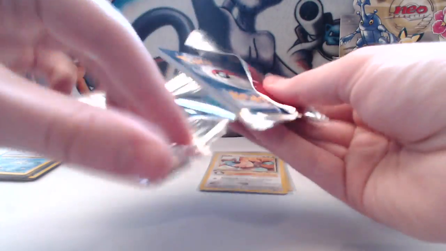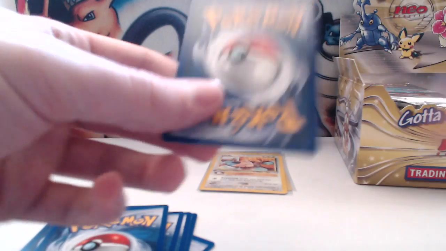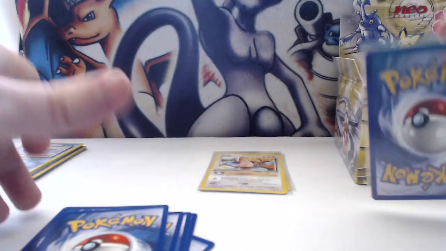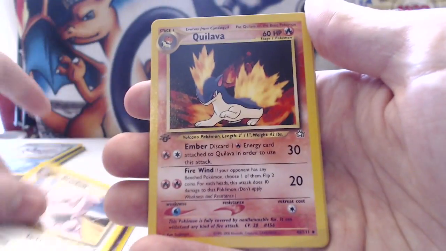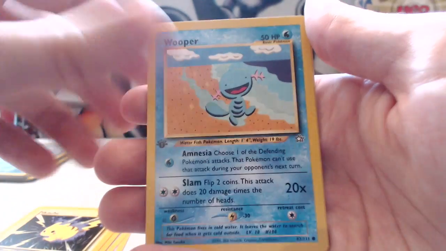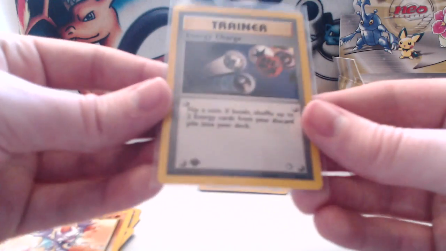Onto a Typhlosion pack. As you can see, I'm trying to be as delicate and careful as possible, because I am looking to grade some of these holographics if we're able to pull some more up. We have Water Energy, Exeggutor, Granbull, Quilava, Slowpoke, Pikachu, Wooper, Sudowoodo, Super Rod, Gligar, and our rare is an Energy